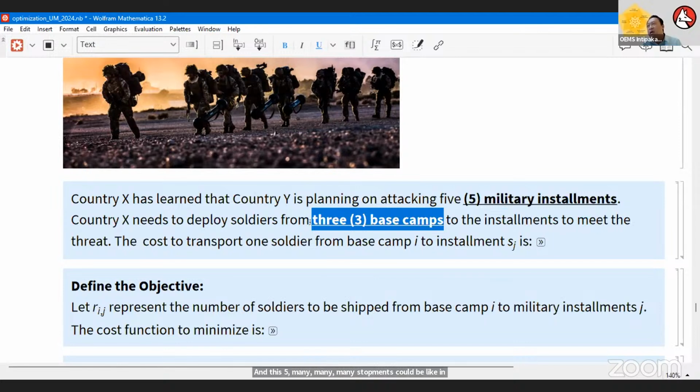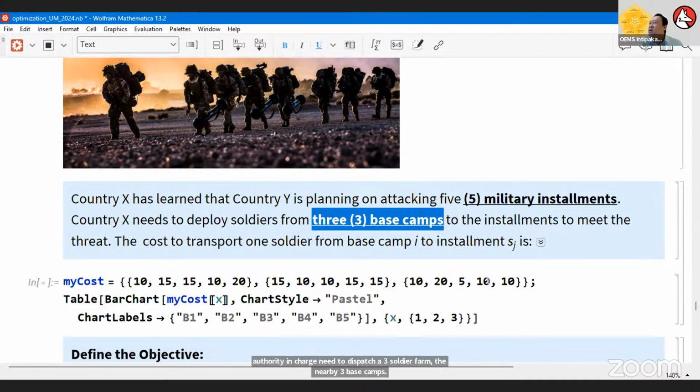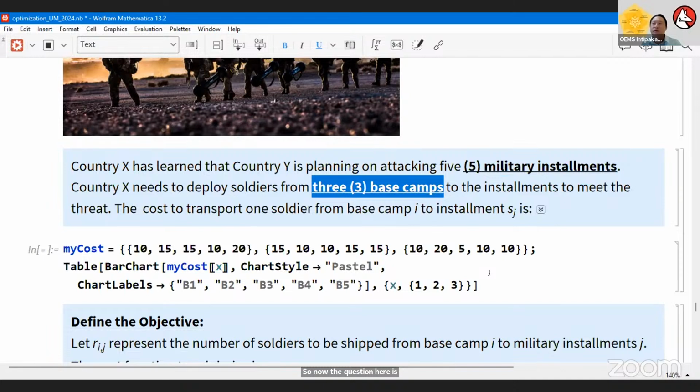The problem here is, during a time of emergency when these 5 military installments face attack, the authority in charge needs to dispatch soldiers from the nearby 3 base camps.